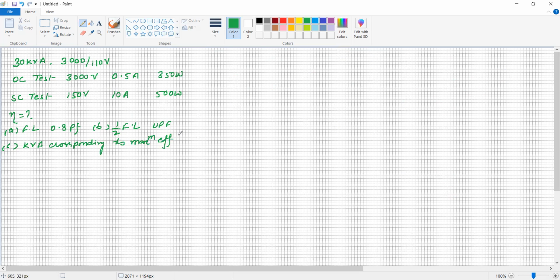Okay, so in this case, from the data, it is clear that W0 is equal to 350 watt,